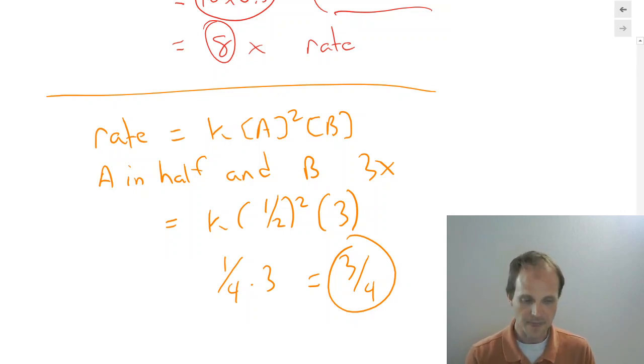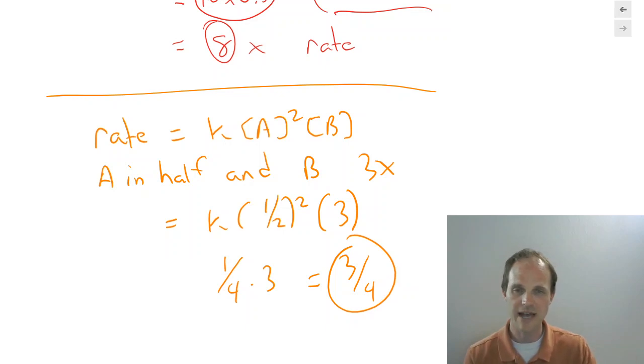So that was our foray into exploring rate laws and how we can use them to find values for k, how we can change some things and figure out how our rate changes, and just about reaction order in general. What we're going to do next is we're going to say, how do we take experimental data and turn it into a rate law?